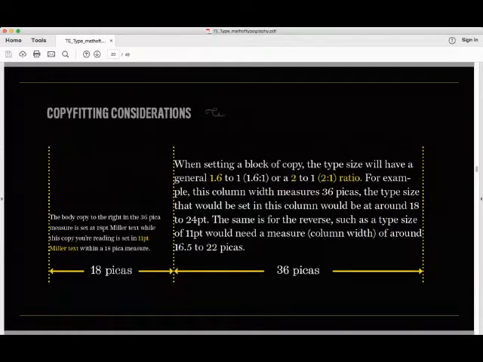So since the proportions are relative, the type size, depending on the typeface of course, has a relationship to the measure, and we learned it as 2 to 1. It's really 1.6 to 1, the Fibonacci number, technically, as a ratio. So if you have a measure of 36 picas, you cut that in half, you convert it to points, you're going to get 18 points as your type size for that particular measure width. Okay. So I just try to get everybody to think 2 to 1 because the math's a lot easier. If you guys can do 1.6, fine.